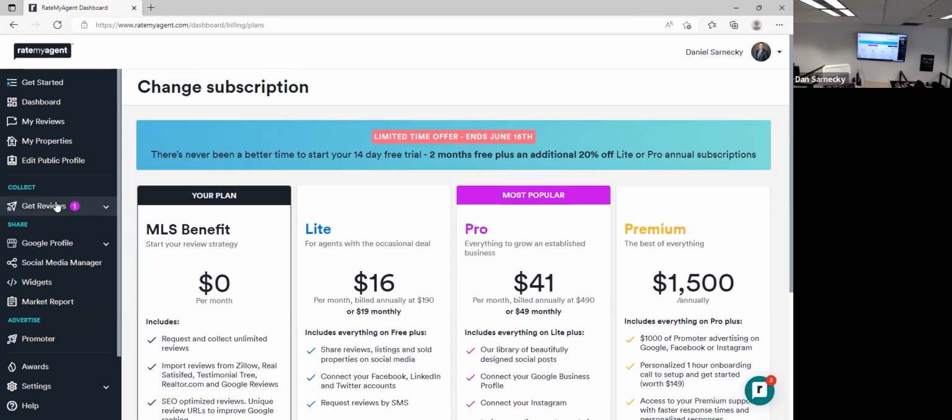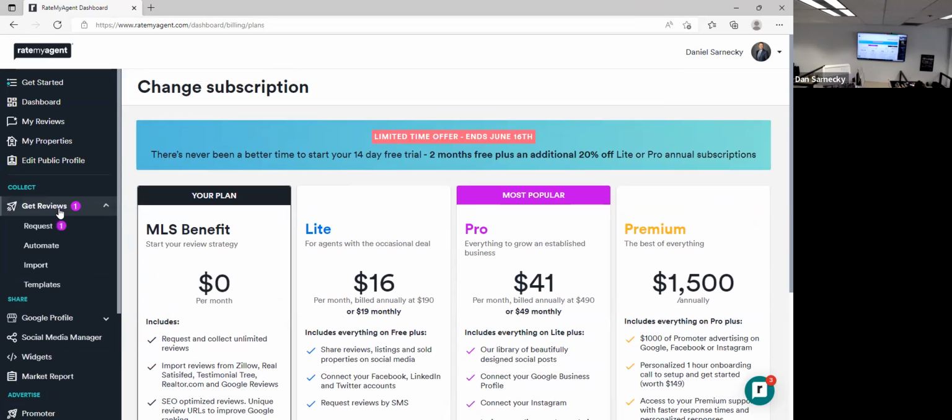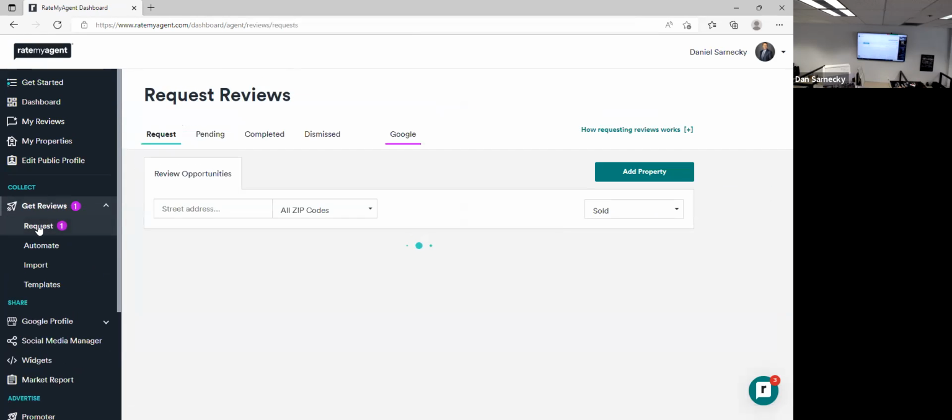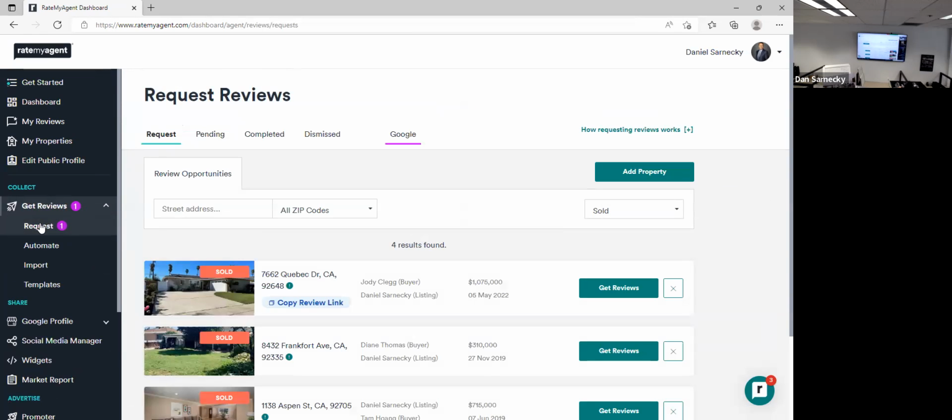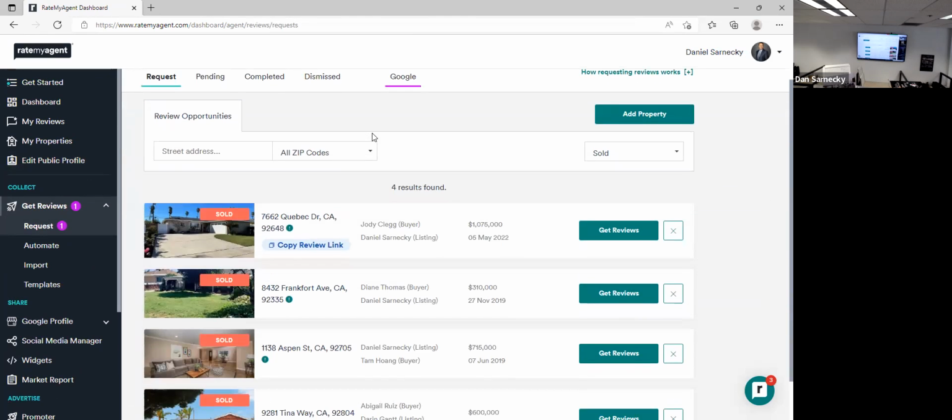So back to the actual platform. It's off to the left, click on request. So again, if you don't have listings, you're not going to see anything here yet. But if you do, you are going to see your past listings because it pulls from the MLS. So for instance, Dan sold a couple things. So right here, if I wanted to get reviews, I would click on get reviews,